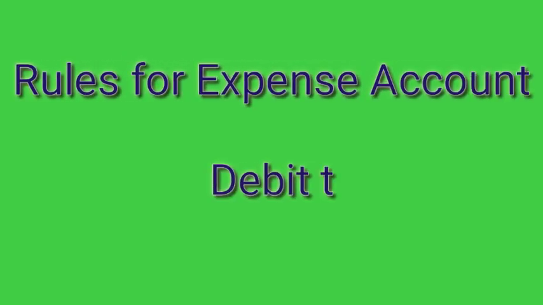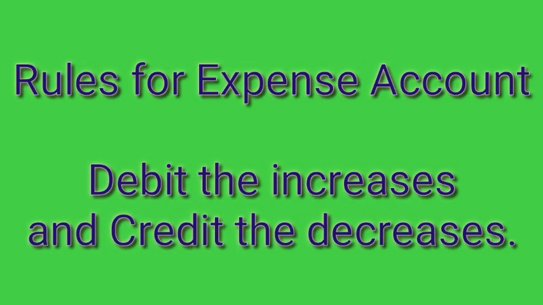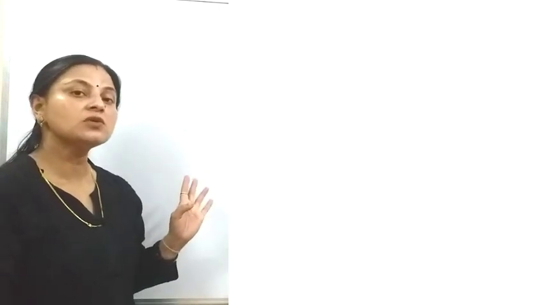The fifth one is expenses account. An increase in expenses is debit, and a decrease in expenses is credit. For example, wages, salary, rent, etc. These are all expenses. So these are all 5 rules of accounts, and before that you have seen the rules of debit and credit under the traditional approach. Whenever you solve a question on the basis of these 2 rules you may get the same answer, but you should know that there are 2 approaches, and you must know the rules you need to follow under these 2 approaches. So these are the rules.